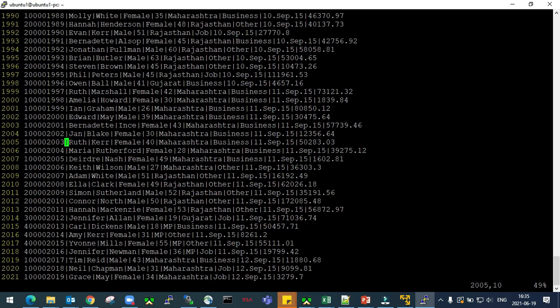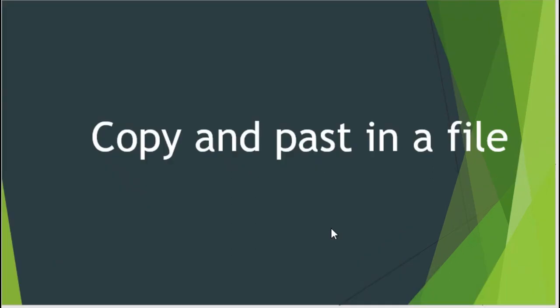So with the help of small u, your recent change will be undone, rolled back, and with the capital U, all the changes that you have done on the current line will be gone. But make sure that you are on the current line. If you go into some other line, then all the changes will not be gone, right? Now what is our next requirement?